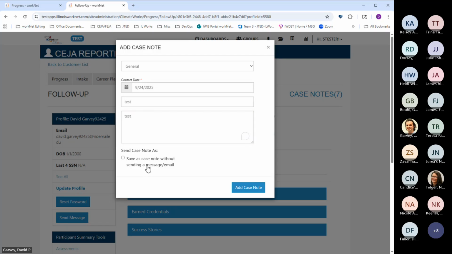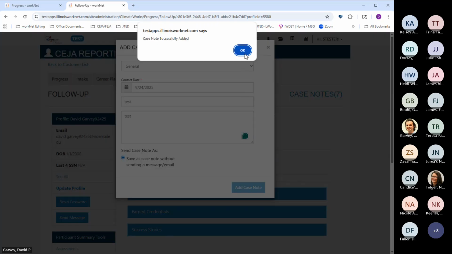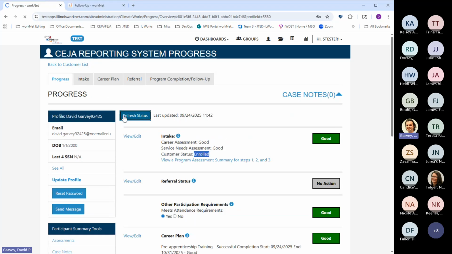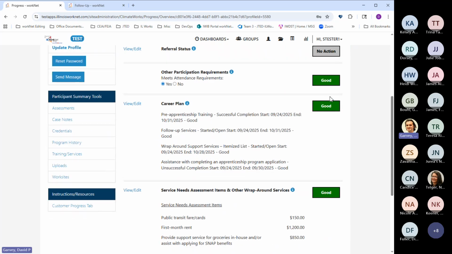Case note. Okay, so then yeah, if they are withdrawn, we've got a service as unsuccessful completion, then yeah, we're still getting the green flag over here. Thank you. Yeah, no problem.